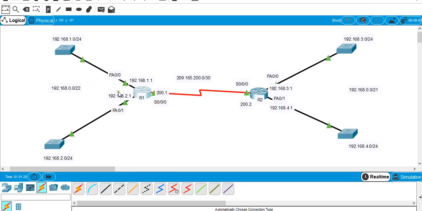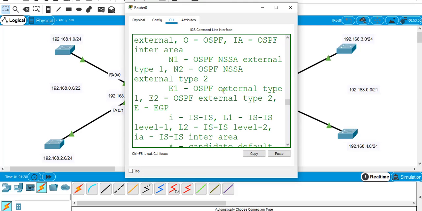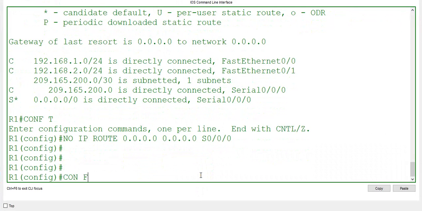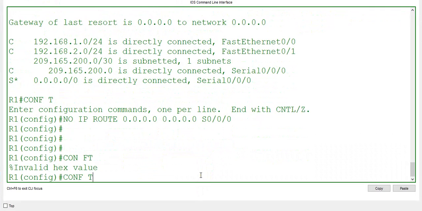So basically on router 1 I am going to summarize this network, and on router 2 I am going to summarize this one. That's how I'm going to do it. Okay, that's the second to last thing that we're going to do. Sorry about that. I'm already in global mode. IP route 192.168.0.0 255.255.255.248. Yeah, is it not that way? Yeah, 248. Then we'll use the